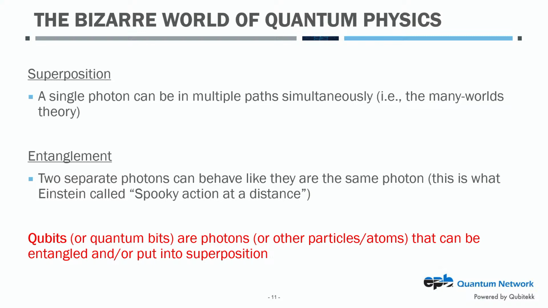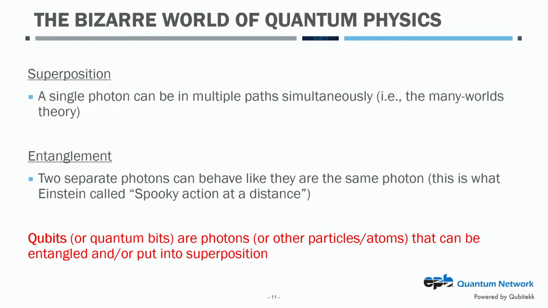It says you take 2 particles that exist in our reality, you separate them really, really far away so they're not even anywhere near each other. There's no way they can talk to each other quickly because they're so far away. And then when you mess with one, the other one does similar things, or it feels the same effect. That's called being entangled. They're entangled particles. And those are what Einstein called spooky action at a distance. It's this idea that you could have 2 particles that look like they're 2 distinct particles, and when you do something to one, the other one, no matter how far away it is, instantaneously feels that.